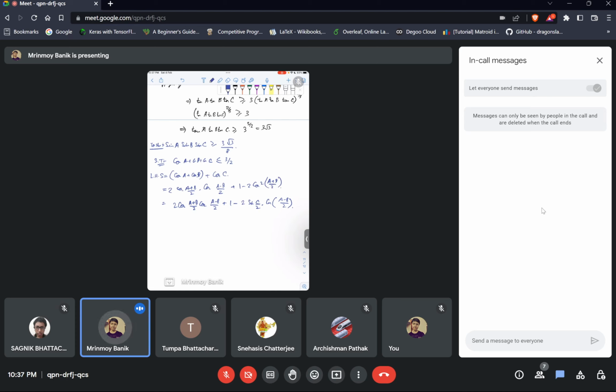And we get... okay, just a minute. Instead of doing this, we should keep this sine squared C by 2 and make this sine C by 2. Taking common sine C by 2, you get